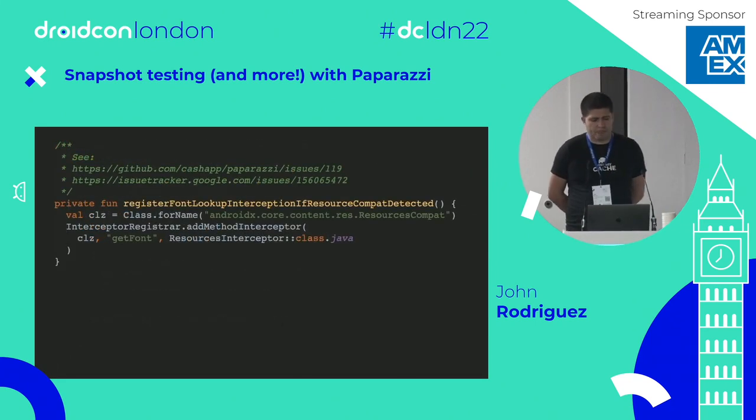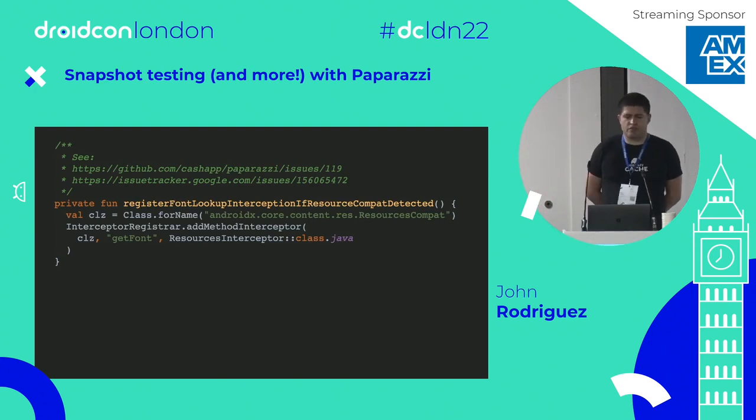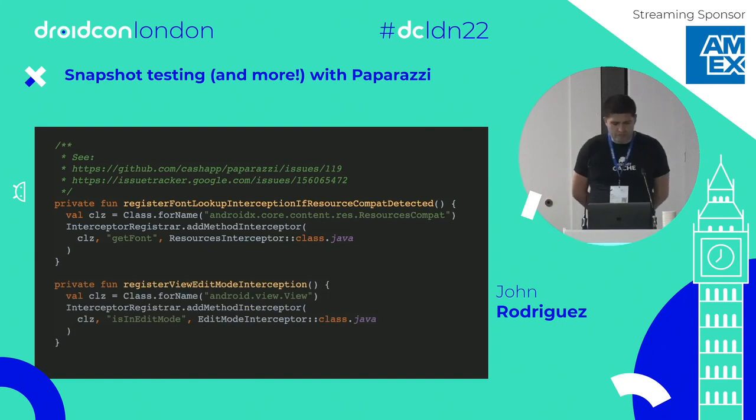We do something similar for fonts, because layoutlib only works by bytecode processing Android framework classes, not things like AndroidX classes. We also do something to